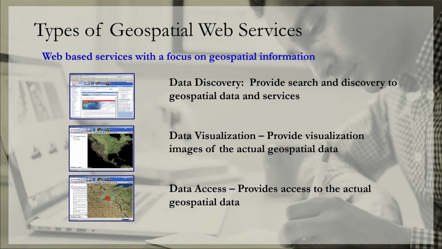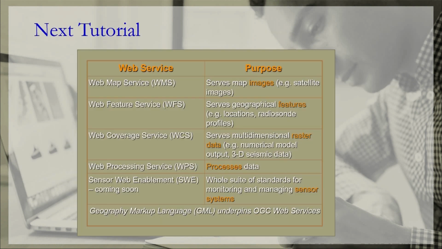Then data access, as I already told you. The user gives a request to the server, I need this data, and the server will respond. If the user can access the data, it will show the data, otherwise no, you can't access the data. Something like that, basic idea. Data discovery, visualization, and data access. So that is the web service. If you learn more about web services, we have WMS, WFS, WCS, WPS, SW. This is a very important thing in WebGIS, and we will learn each one in the next